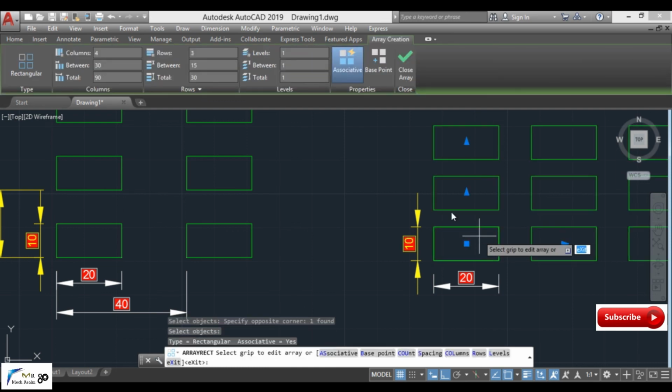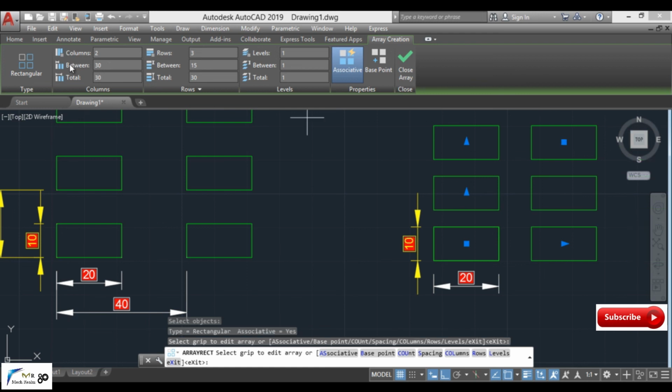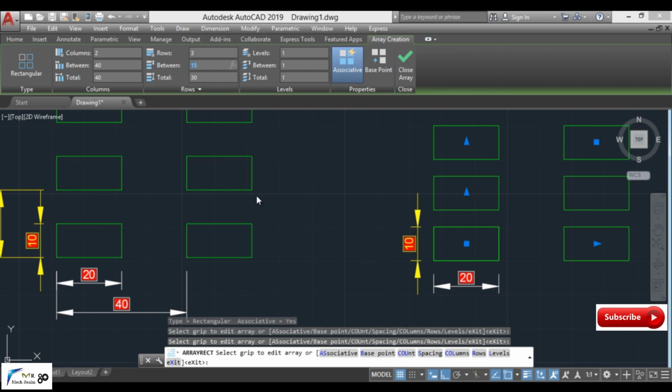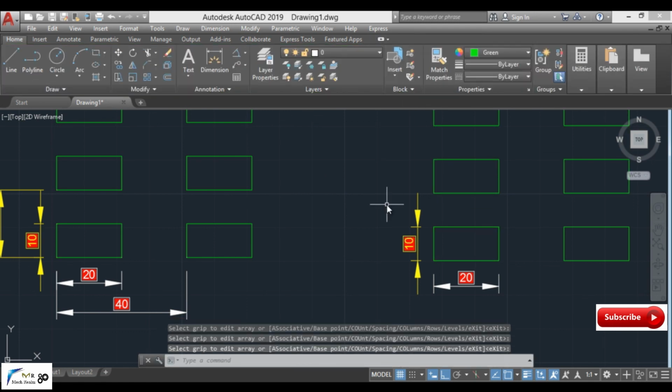Press enter key. Now we can select the columns. As we can see from here, 2 columns are available and number of rows is 3 only. The distance between column is of 40 mm, so simply type 40 here, and the distance between row is of 20 mm, so let us type 20 and click on close array.